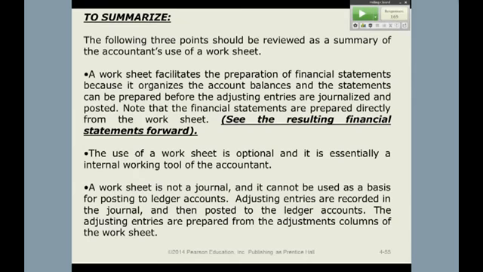Net income should be extended through, let's just see that. Yeah, what that's saying is that you debit the income statement column and you extend it to the credit column of the balance sheet. That's the balance sheet, right? All right, any other questions?